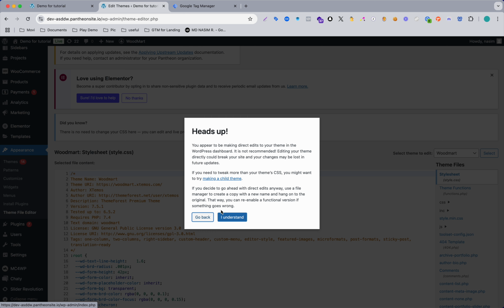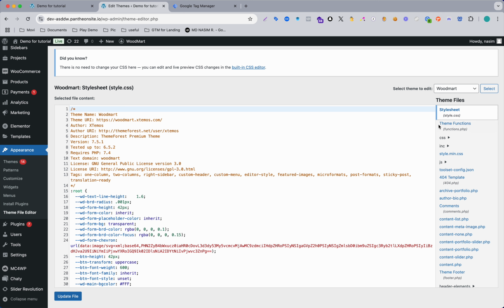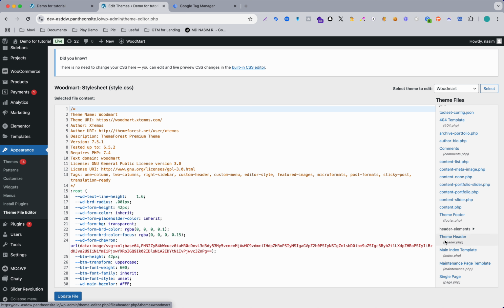After that, click on I understand, and then you will see a theme file list on the right hand side. We just need to select header. For example, theme header, and you can see header.php. Okay, click on that,